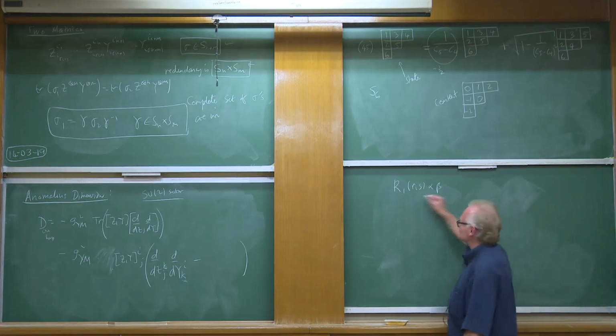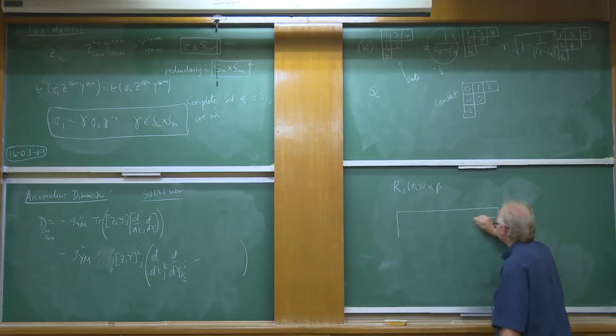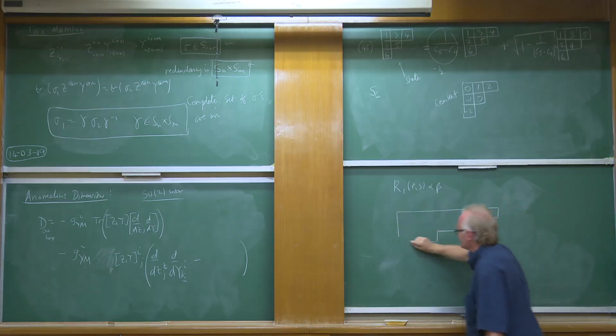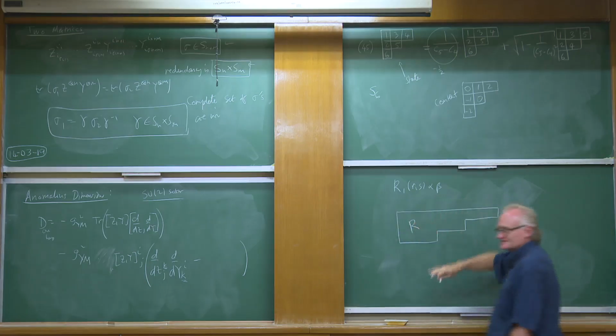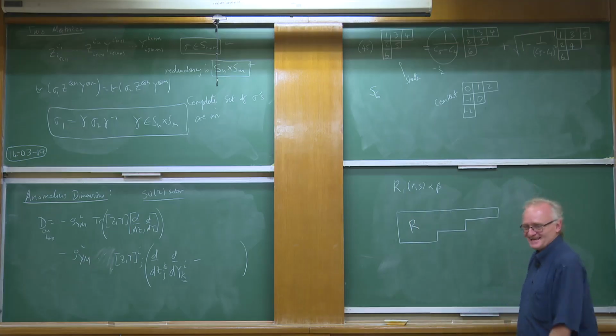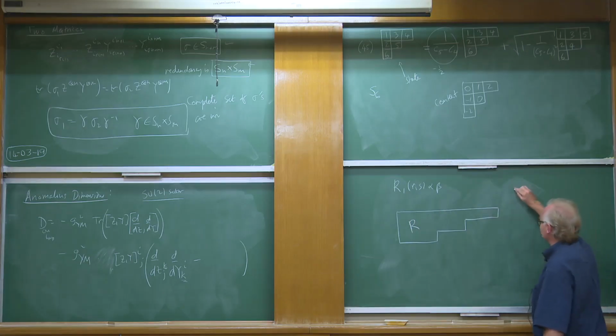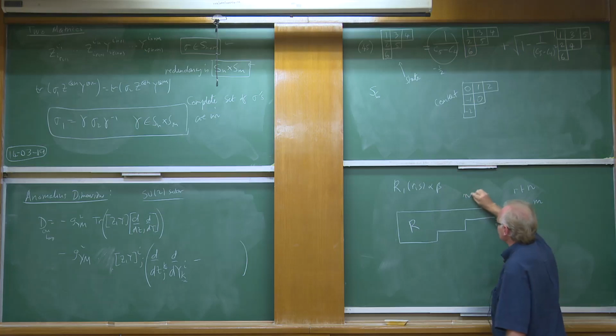Okay, so I have to give you those three labels. So I'm going to think as follows. Here is the Young diagram R. In the 1900s, he was young. Okay. And R will be a partition of N, and S will be a partition of M. And the first simplification that I'm going to do, I'm going to imagine that N is very much greater